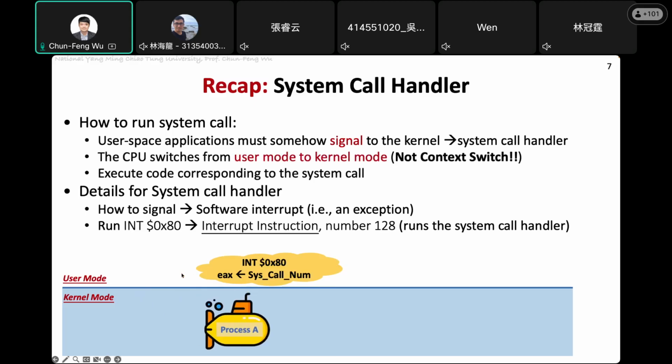Okay, so when there is an interrupt, like let's say interrupt 0x80, you will store the system call number in the register. The CPU will switch from user mode to kernel mode. Okay, so now the CPU can start to run the system call handler. And this EAX is going to let the CPU know which system call handler the CPU should run, because